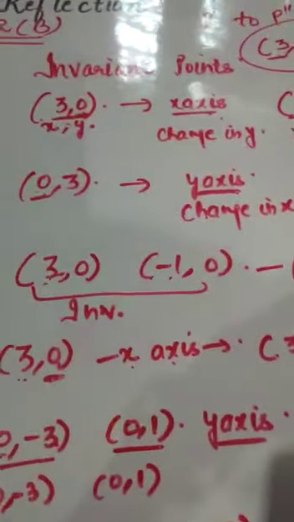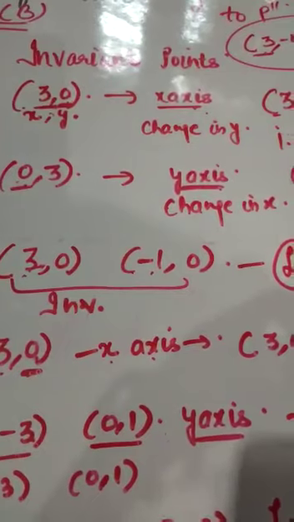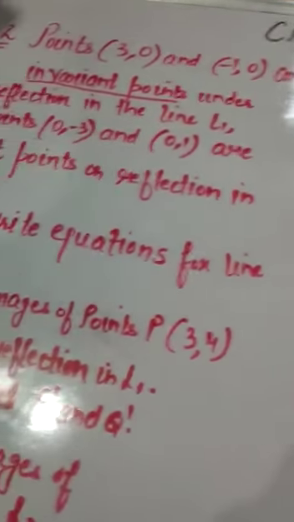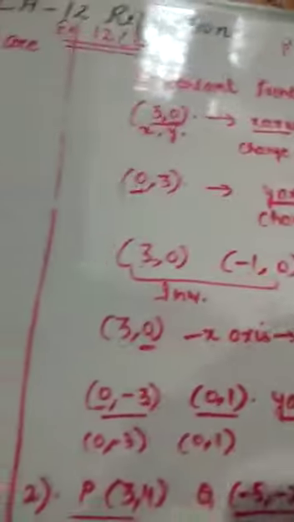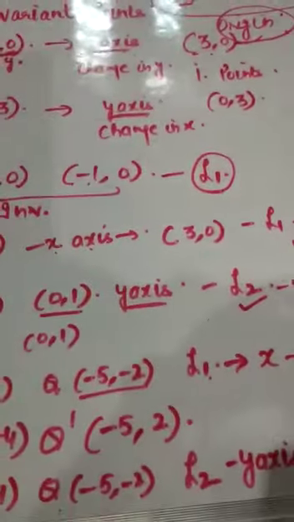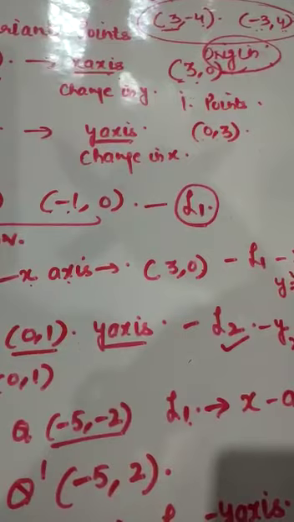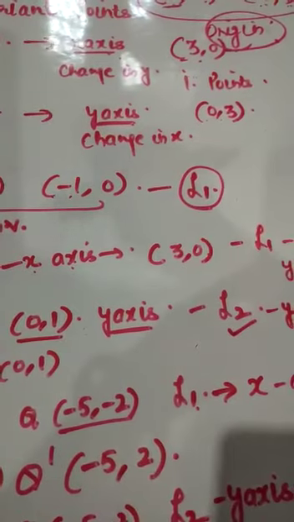So this question is about invariant points. Again we recall that invariant points are the points which remain the same after reflection in any axis, whether x-axis or y-axis. First we cleared the concept of invariant points. Then in the question, they gave us 2 points with which we found the names of the lines L1 and L2. Then we found the images of the given points in the lines L1 and L2. Then we found the single transformation from P dash to P double dash. So this is about invariant points, that is question number 2. In the next part we will do the next questions.